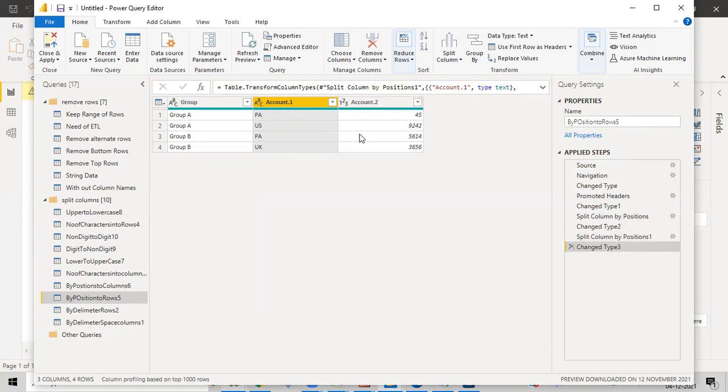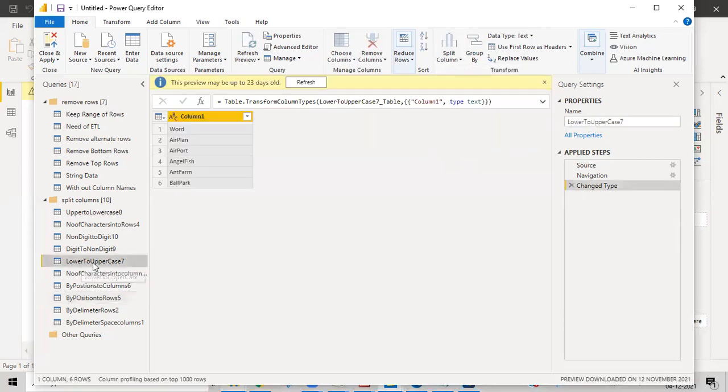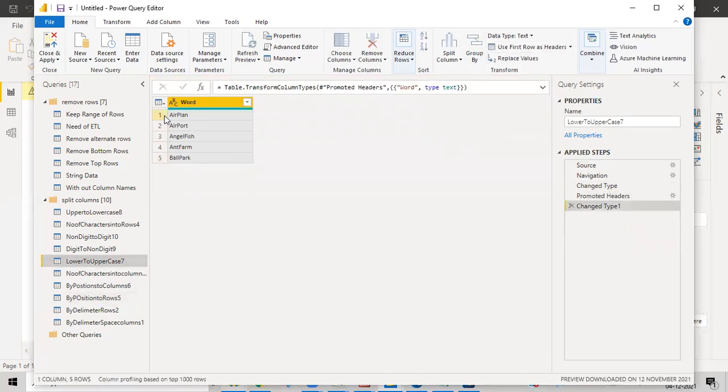So this is what we do exactly, based upon characters and then based upon positions. We also have some other options over here, like lowercase to uppercase and digit to non-digit. Lower to upper is a very interesting option, and I'll tell you how it looks. What we need here is that whenever it converts from a small letter to a capital letter, then obviously it needs to be split. That is what I needed.